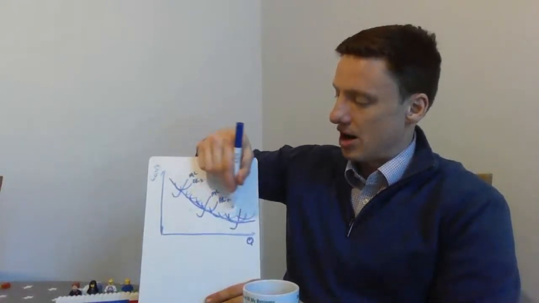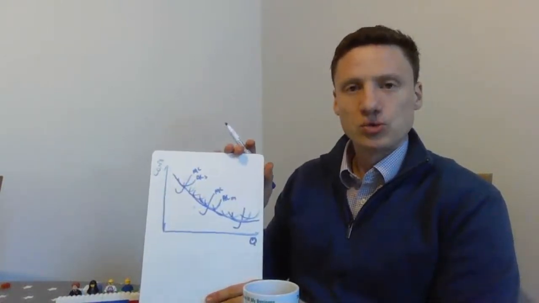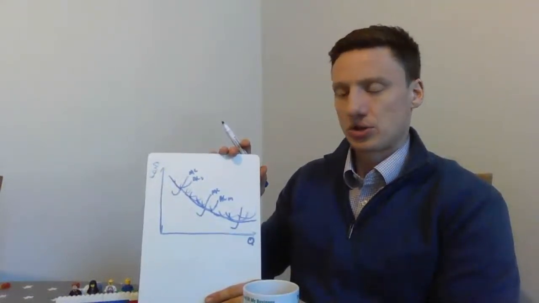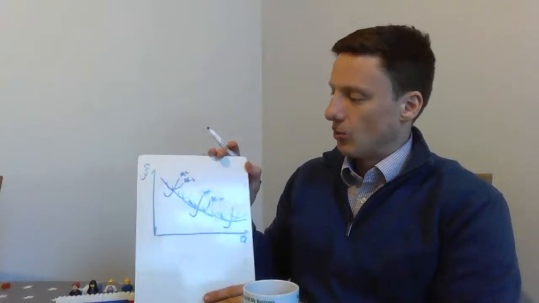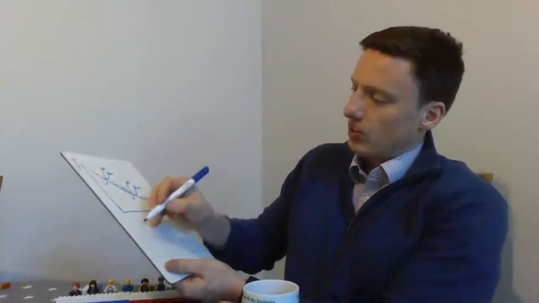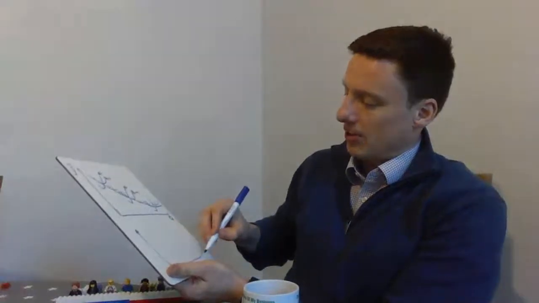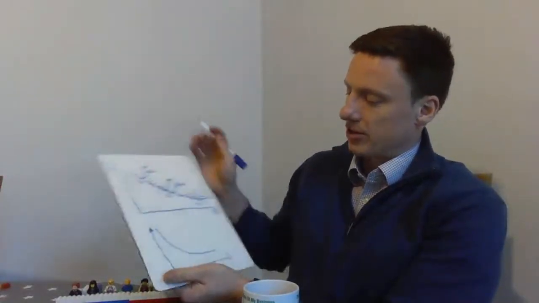But the long run is derived from a line that is tangential to all the different short-run average cost curves that are possible. And that's how we derive the long-run average cost curve. Why is the long-run average cost curve useful? Well, when you start doing your essays about why different market structures are better than others,